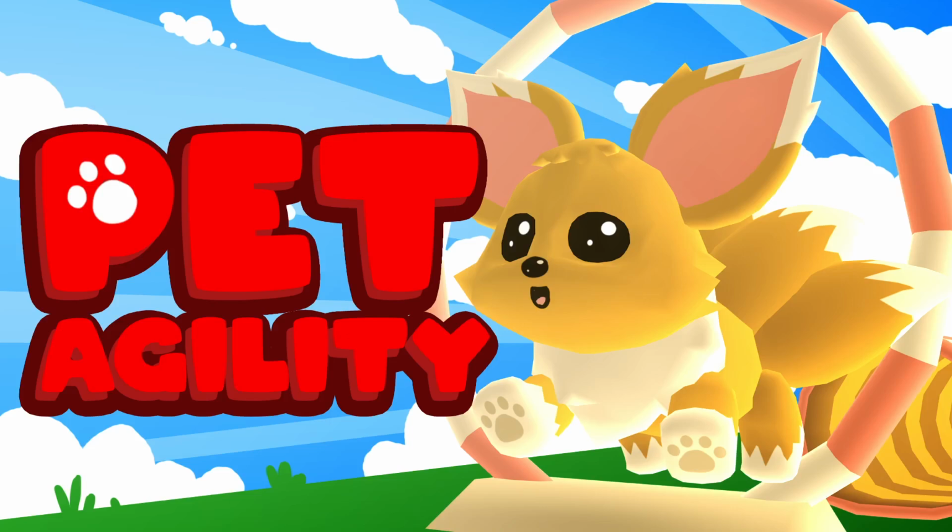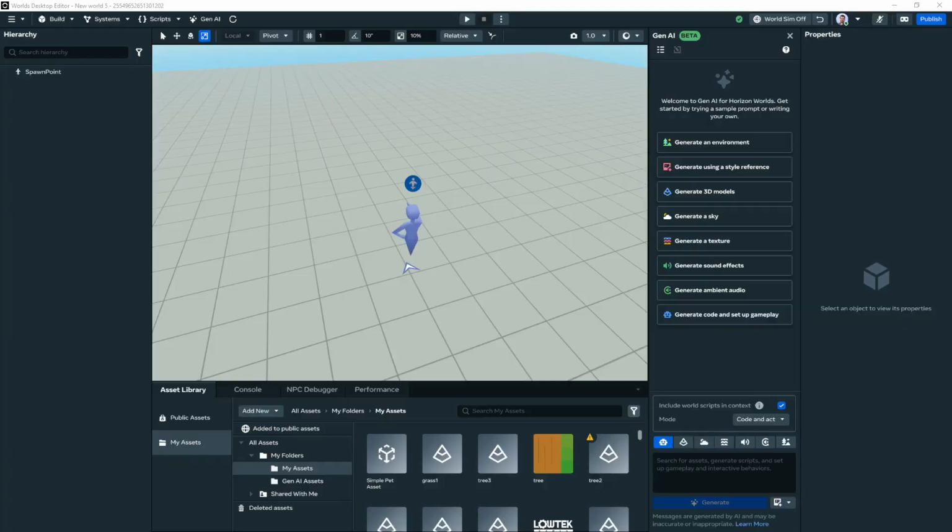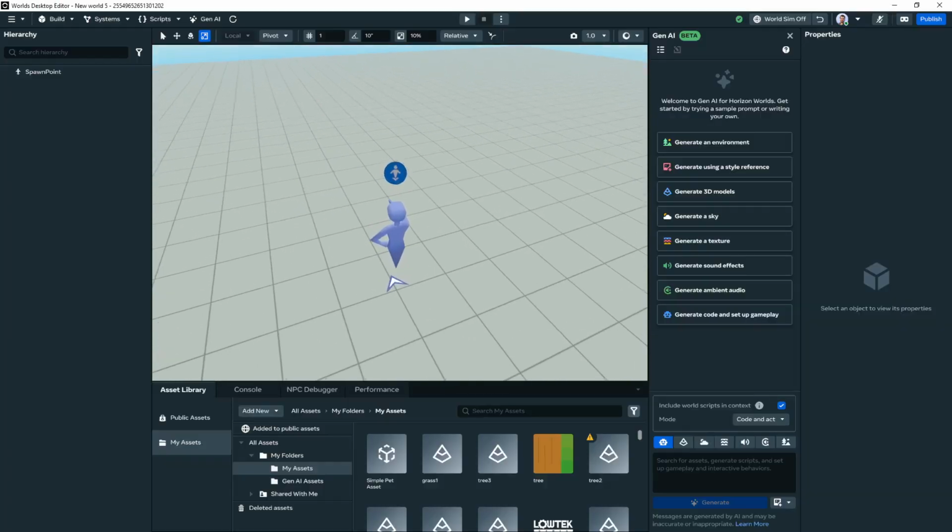Hello, this is going to be a quick tutorial to show you how to use my asset to make a simple pet for your world in Horizon Worlds. So we're going to hop over to Horizon Worlds here, and if you type simple pet asset and then drag that into the scene,